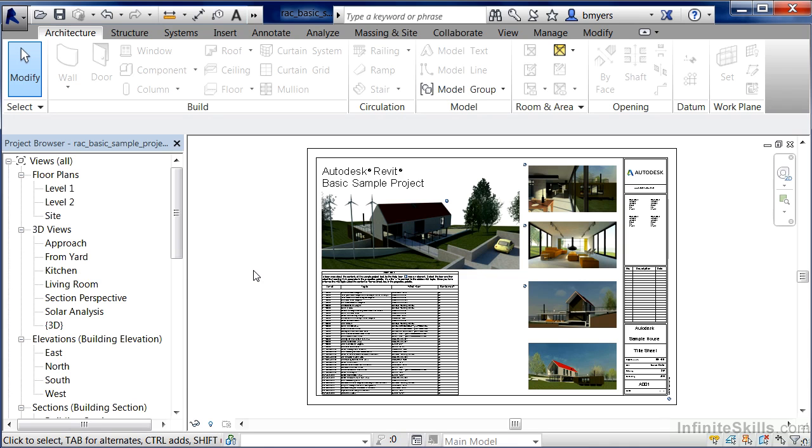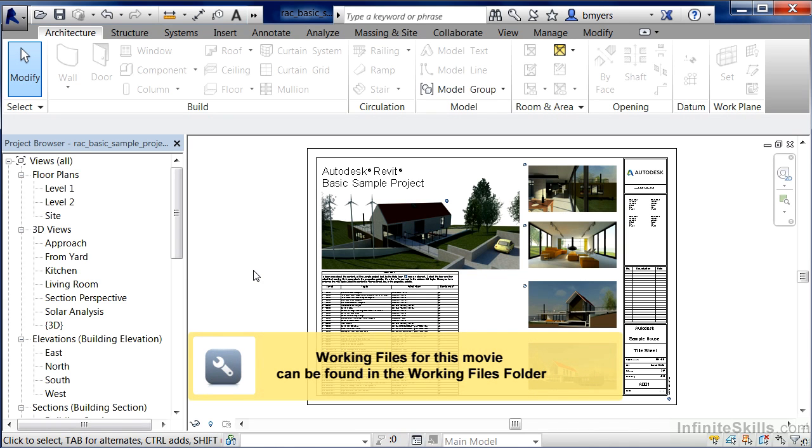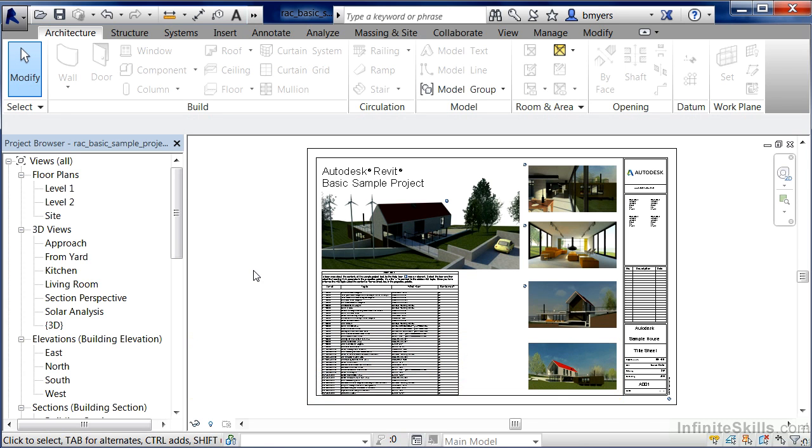The project browser in Revit allows us to categorize and organize the different views that we have in our Revit project. In order to understand this better, move your mouse over here to your project browser. And there's a good chance you'll see up at the very top of the project browser a category called Views. Now, if all these views aren't showing up the way that we're looking at them on the screen right now,